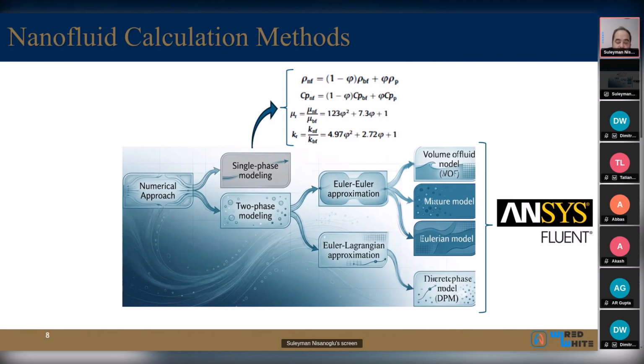We treat the mixture not as two separate materials, but as a single, entirely new fluid using specific empirical correlations. These empirical correlations are based on experiments, and if our experimental results are correct, our single-phase modeling must be correct. But the second way, a more advanced approach, is two-phase modeling, which is highly complex. Single-phase modeling is easy and quick, but two-phase modeling is hard,